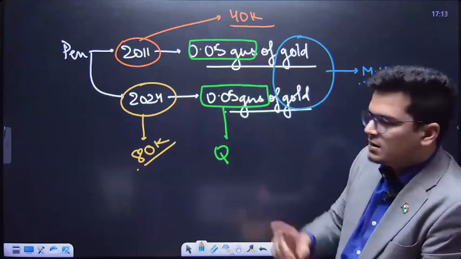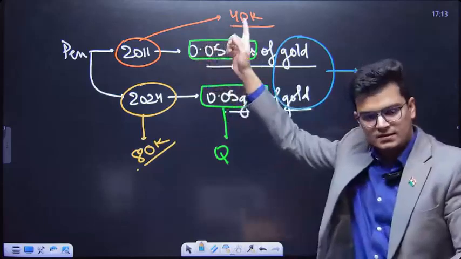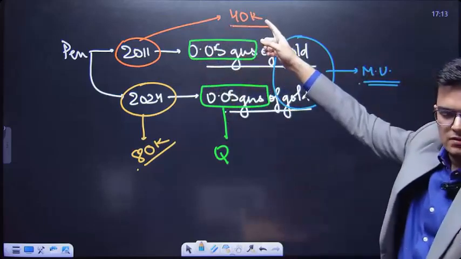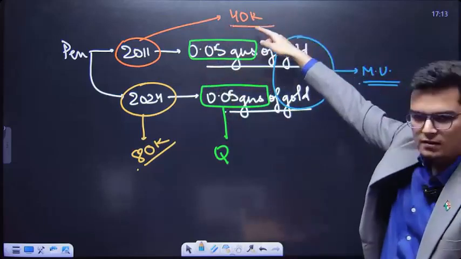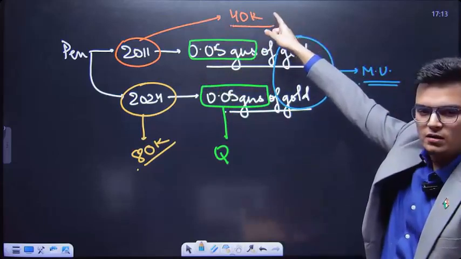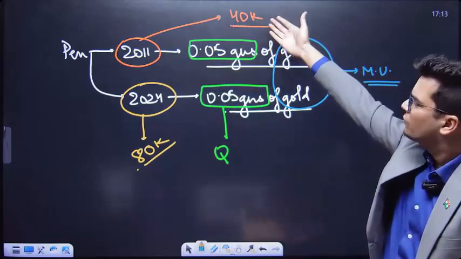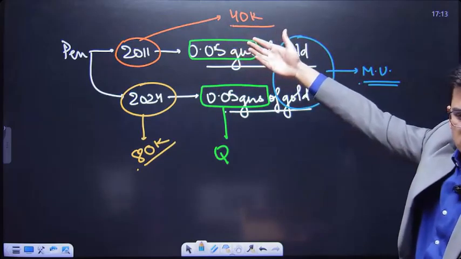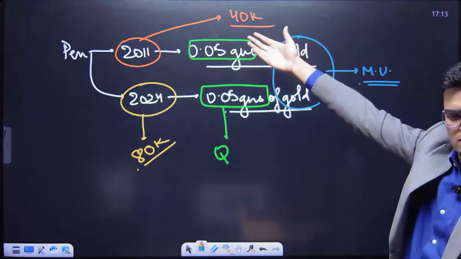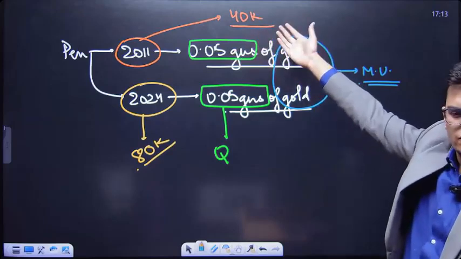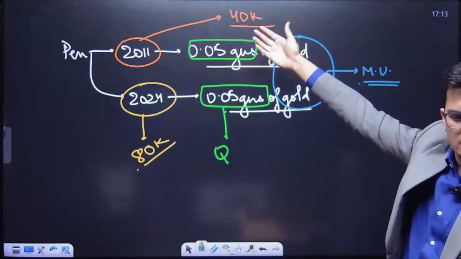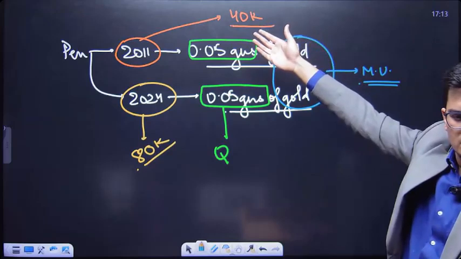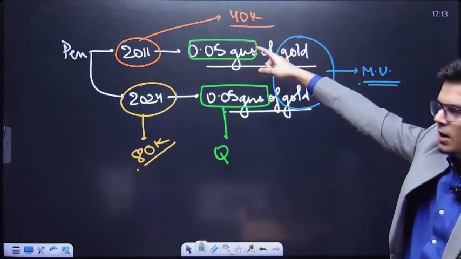बताओ. यहां पर the value of this pen here, if this is 10 grams of gold, 1 gram of gold will be 4,000 and 0.01 gram of gold divide by 100 will be 40 into 5, so it will be 200. Right? अभी क्या वैल्यू है इसकी यहां पे? Let's say 40,000